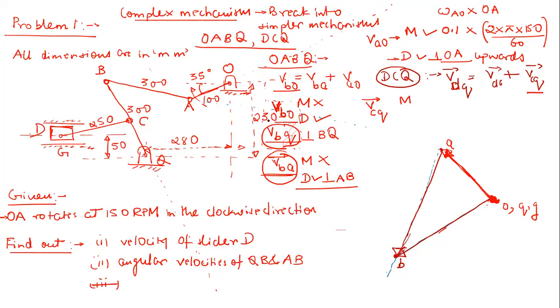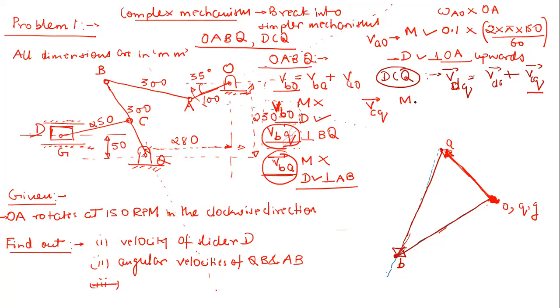If you observe here, then velocity of C with respect to Q, that is the thing which we need, right? So velocity of C with respect to Q, this is the velocity vector which we want to know in magnitude. So this is known, velocity of B with respect to Q. Then velocity of B with respect to... oh, I'm sorry. I think this is sufficient.